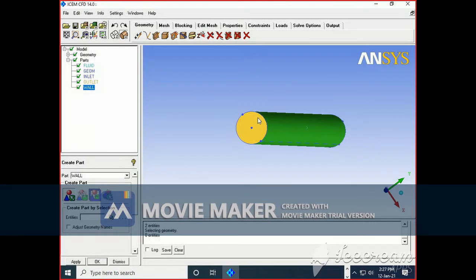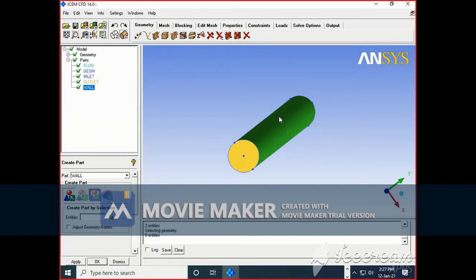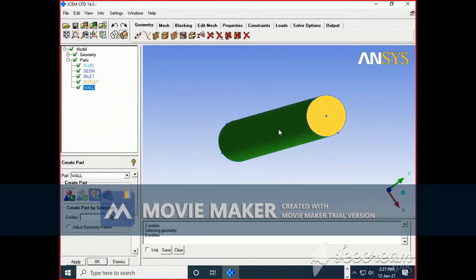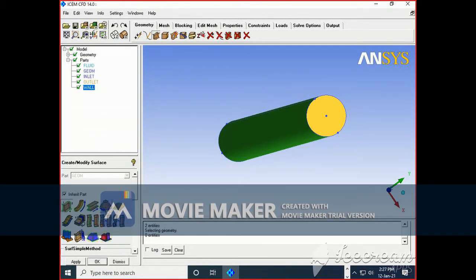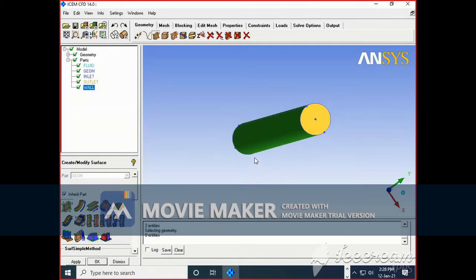So have you understood how we draw? It is very simple compared to CATIA and SolidWorks. You can draw with point, then line and surface, and then you can use different options, just like you can see here, extrude surface is there, then curve driven, then surface of revolution. So likewise there are a few options similar to CATIA and ProE.